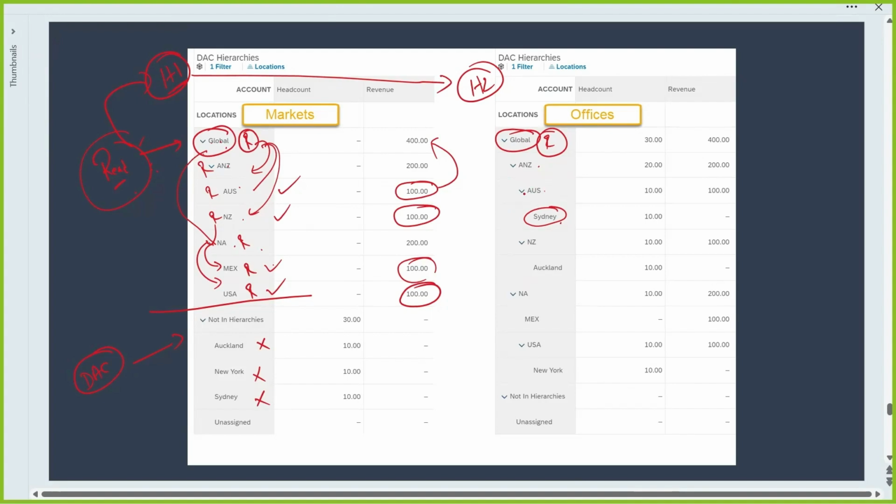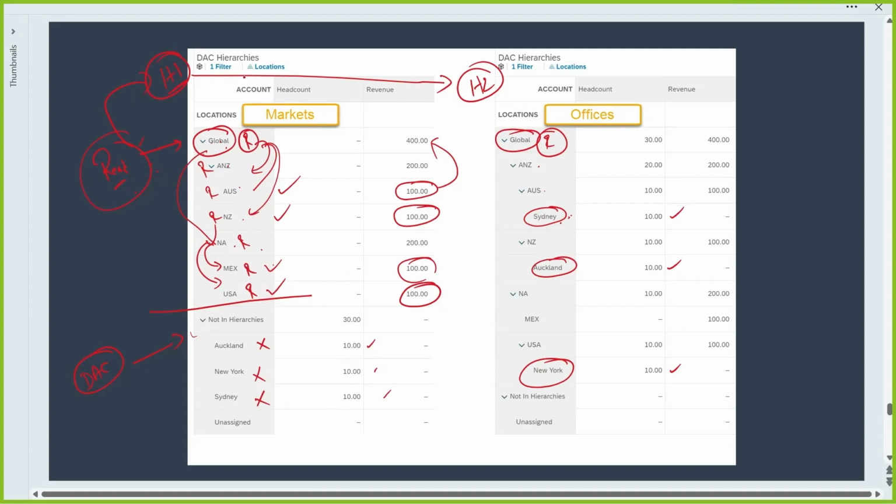So according to your previous hierarchy DAC rules, if we apply the same rules on this H2, then what will happen? Sydney and Auckland also should get read access, right? As well as your New York also should get read access. If they have the read access and these values 10, 10, 10, whichever values we have here should be displayed,